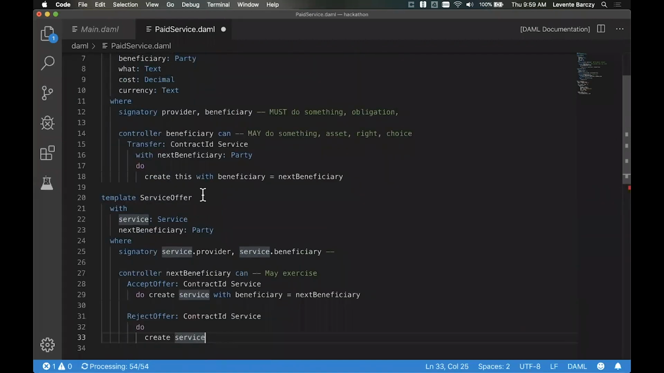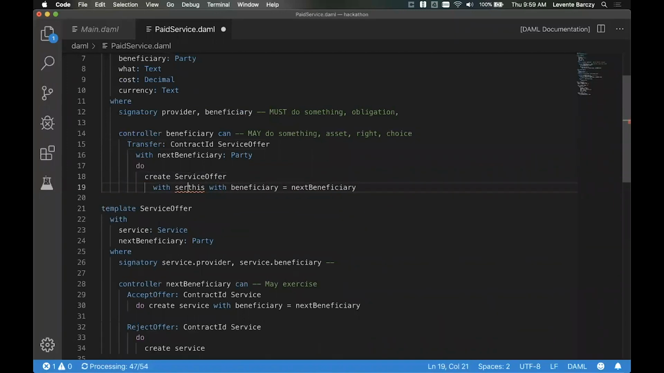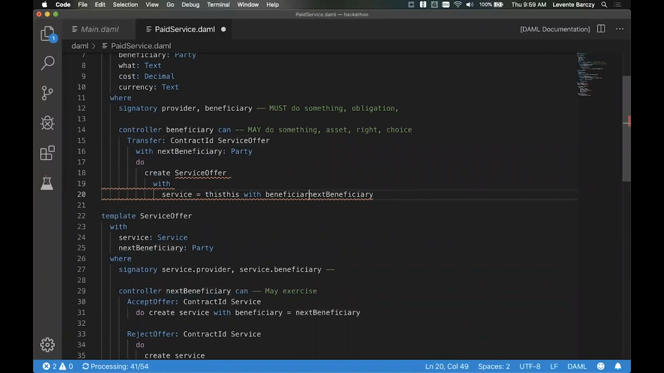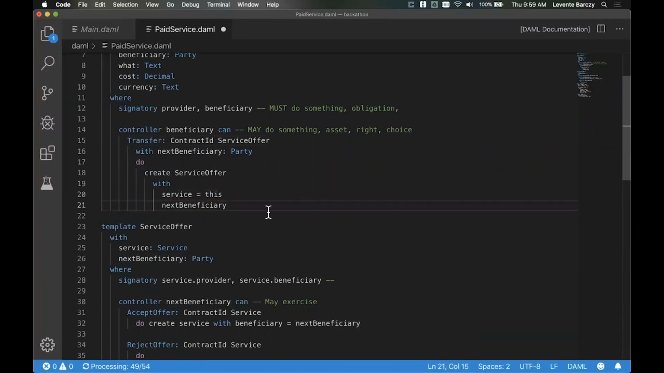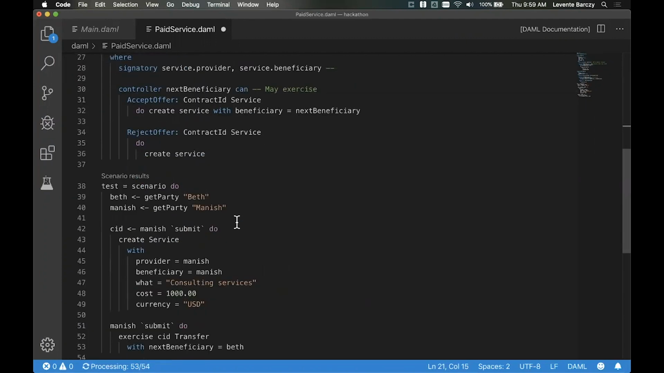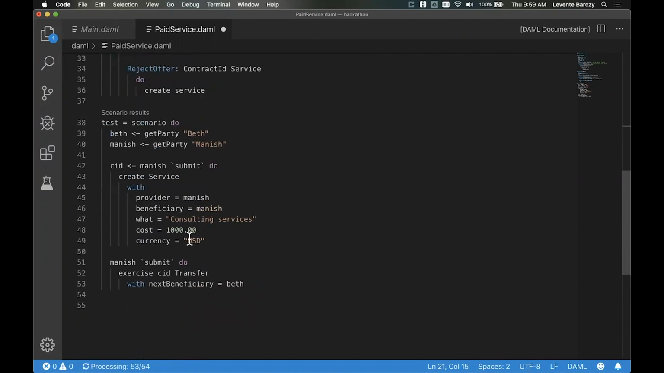Oh, you have to wire this up now. So rather than this creating any new service, we're going to say this is going to create a new service offer. And we will say that create service offer with service equals this, along with the next beneficiary. Okay, so now we have a bilateral contract here, which ought to work. So our scenario